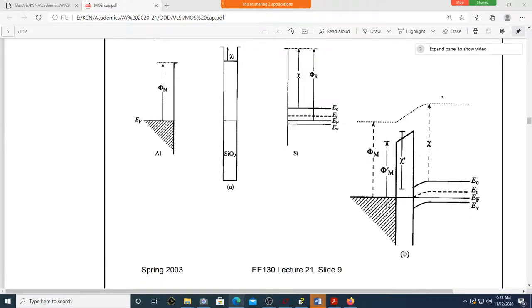So in such a case, you are supposed to apply, if you want to make it flat, what should you apply? First, you have to make it flat. Negative. You need to apply some negative voltage so that it becomes flat. So is your flat band voltage negative now?